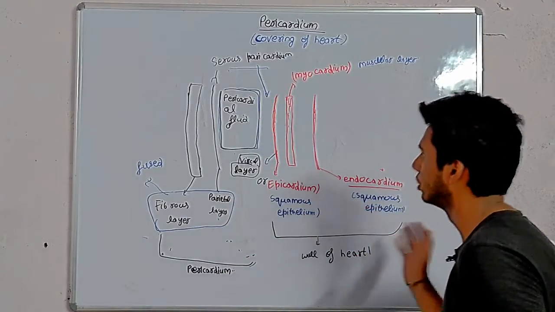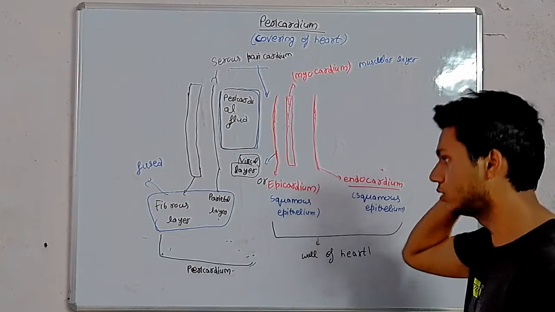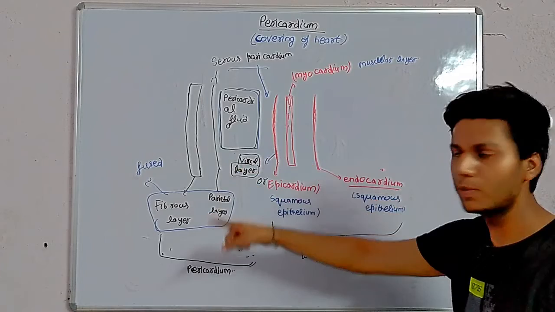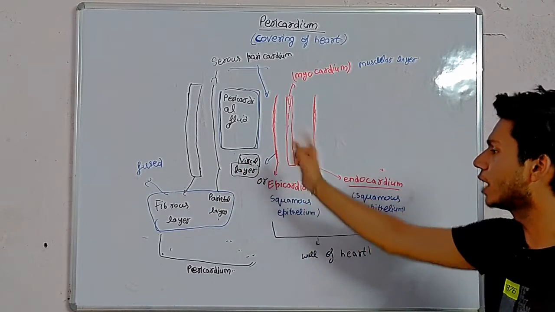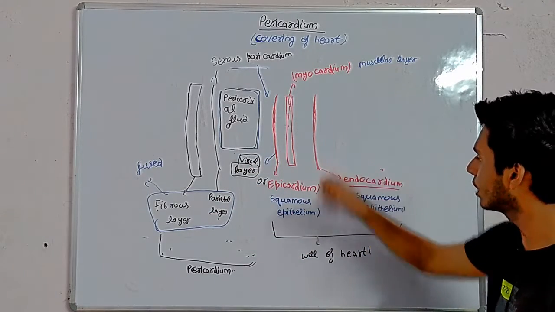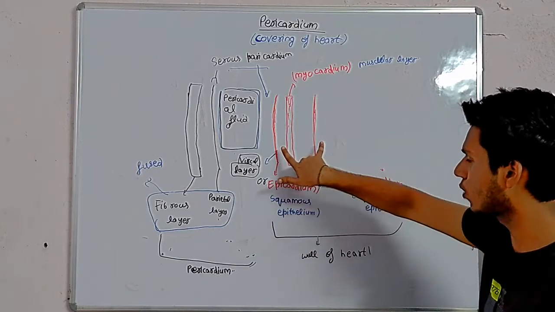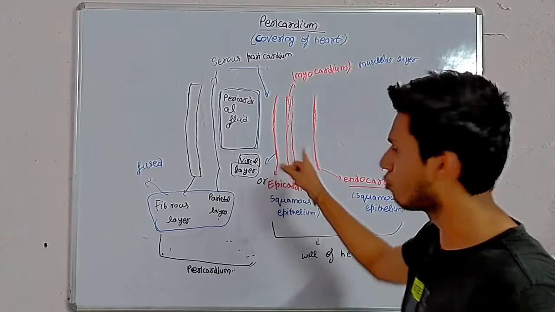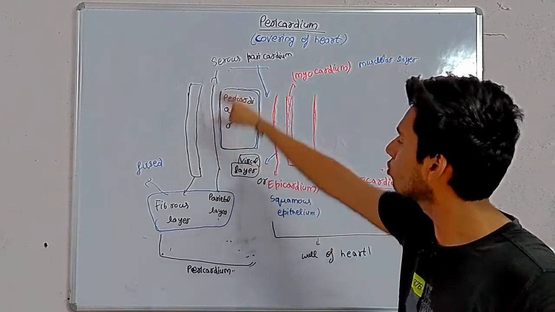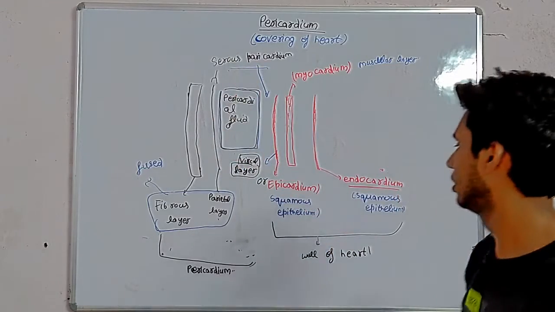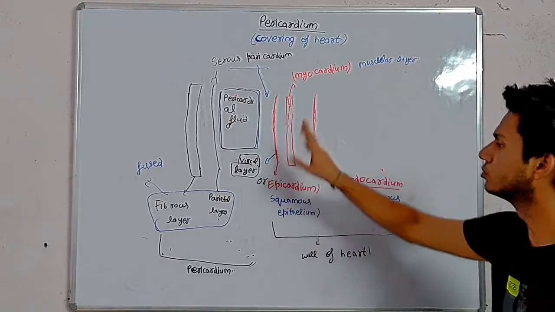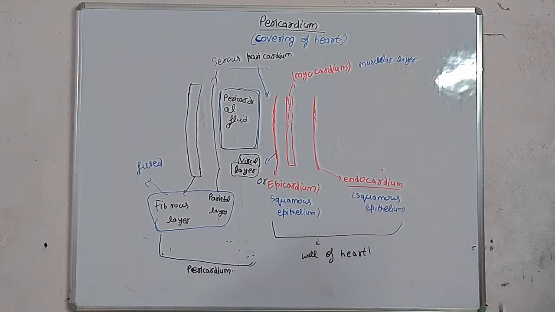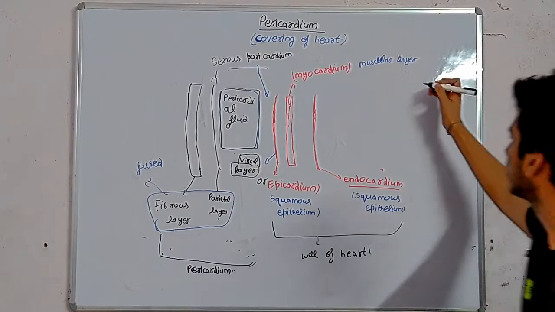So note this first. These are the layers of the heart, five layers in total. From the outer side: fibrous, parietal, epicardium or visceral, then myocardium, and then endocardium. These are the walls of the heart. The epicardium takes part in both roles, wall of heart formation and wall of pericardium formation, and between these the pericardial fluid is present. Note this. Now come to the clinical aspect.